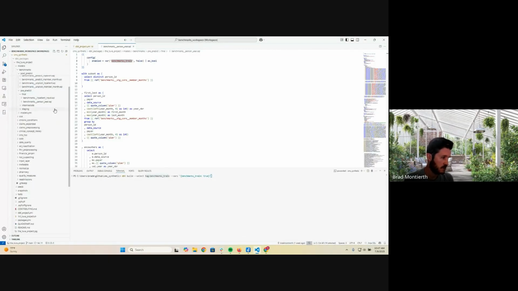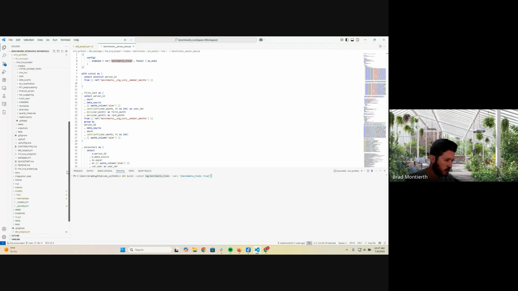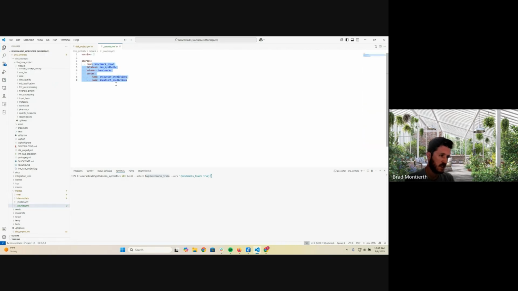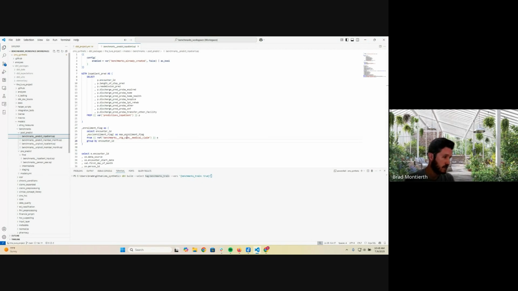We need to add a sources.yaml if you don't have one already in your project, and point the sources.yaml to the output table where you wrote your predictions to bring those back in, and then add a variable to your dbt_project.yml that points to these sources, because the models themselves reference the variables, and that allows for some flexibility. And if you had saved them in another location, then you could just update the sources variable to point to that location, and it'll still get picked up by this post-predict section of the Tuva Project.